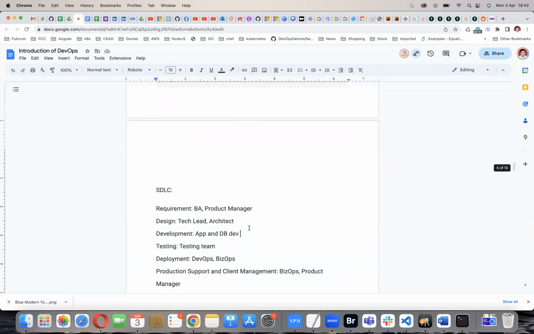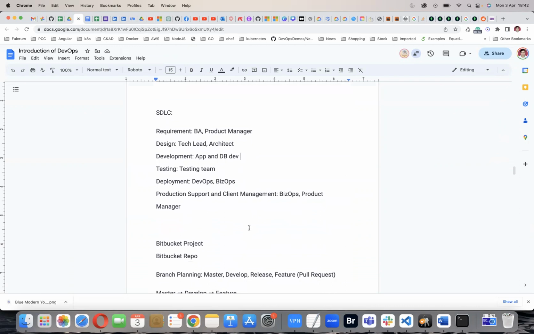Now today's topic is the SDLC process. So what is the SDLC process? If you belong to the software industry, you know the SDLC process name is software development life cycle. If you are from a non-IT background, I will tell you the end-to-end cycle. SDLC means software development life cycle, in which, maybe we can take a simple example of a